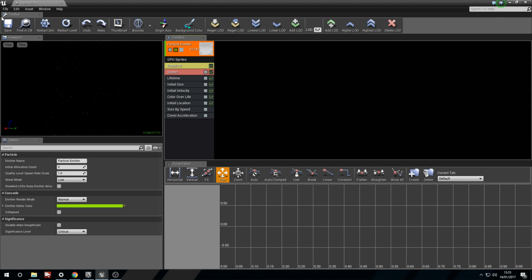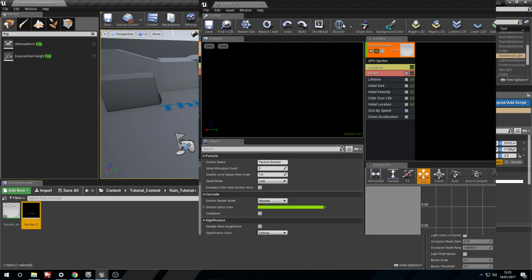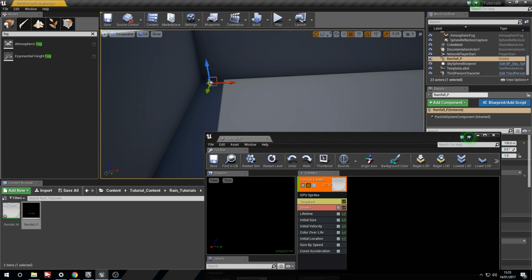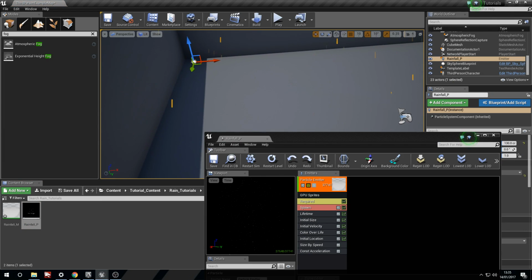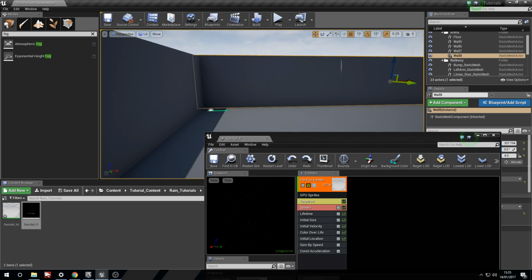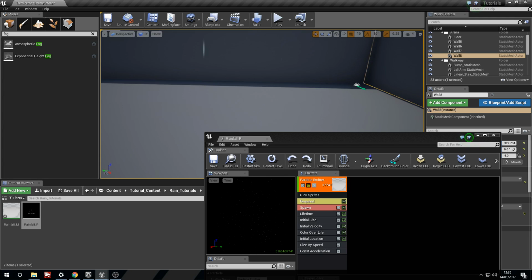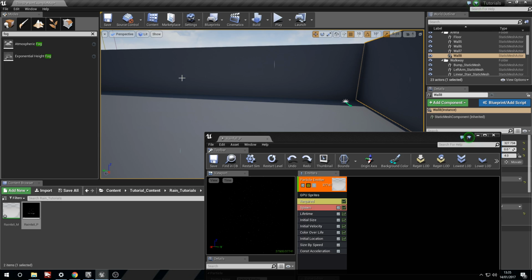So if we save this and we drag them into the scene, okay, now you can see them falling. Yay! Need to restart the level. There we are. Alright, so you can see the rain's falling down,